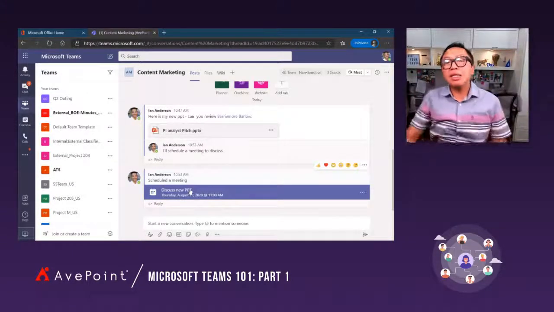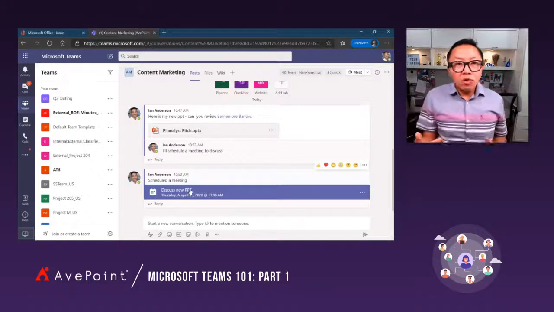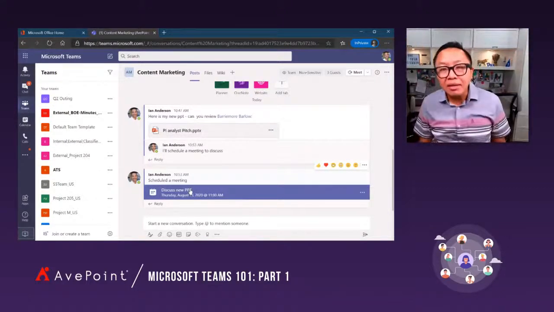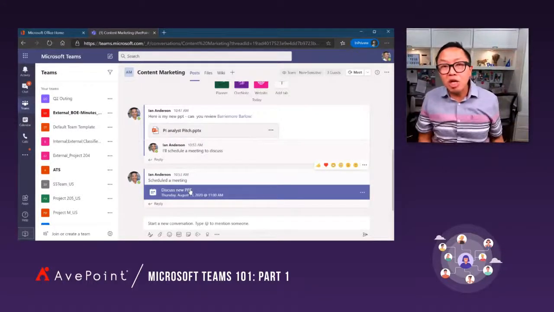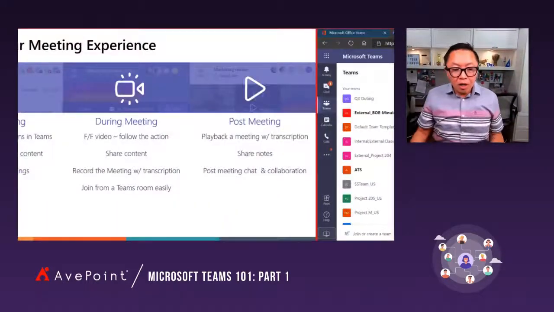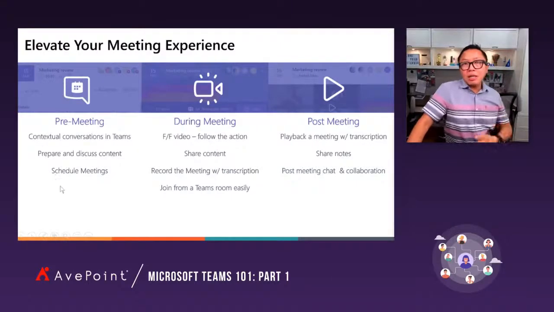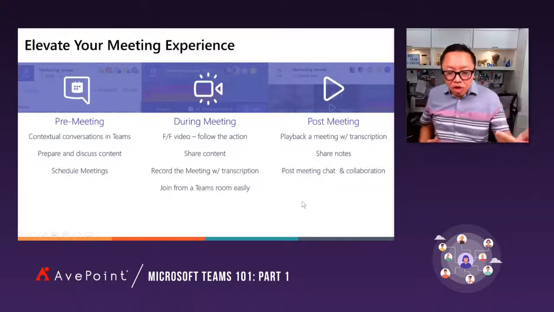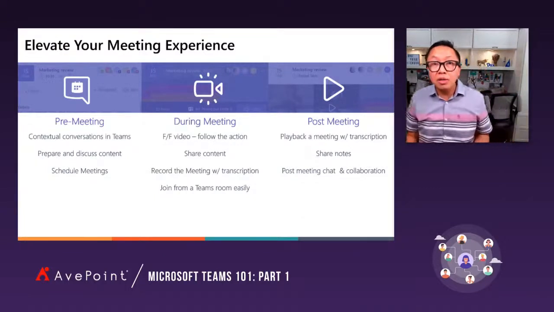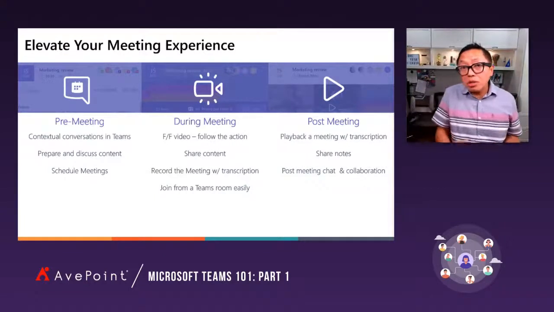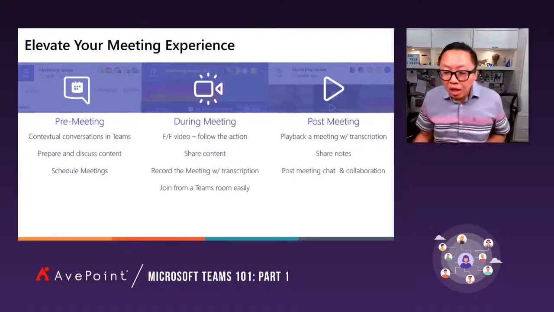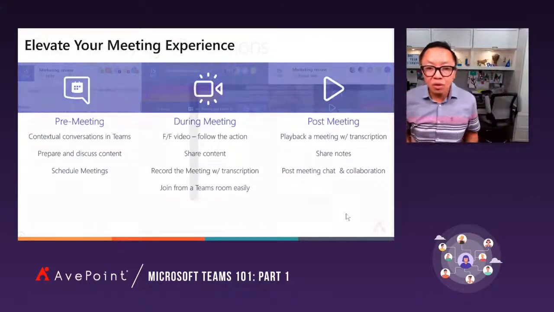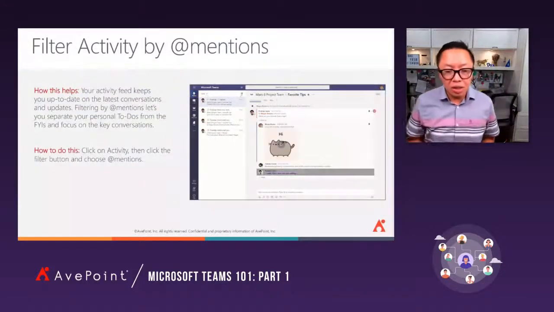So now I create the meeting, and it's in the context of the channel. We do the meeting, I record it, and it's along the same channel that I can go to. So it helps you set up that pre-meeting. You talk about it, you set it up. During the meeting, you have action items, you share content, and you record it, for colleagues who couldn't join, or for future colleagues who can watch it. And then post-meeting, you have all this good stuff. So that's another good way to organize how you use Teams.